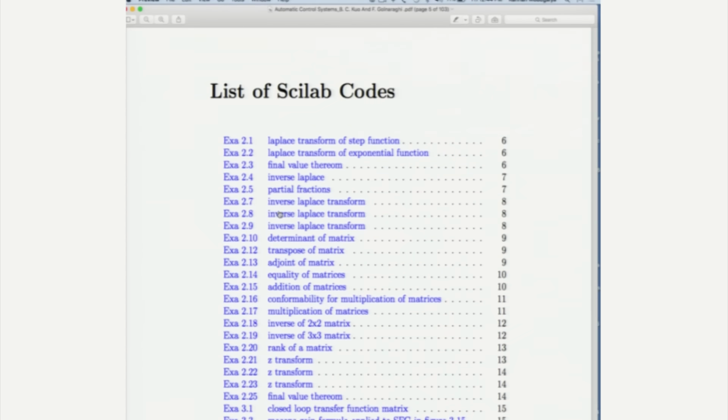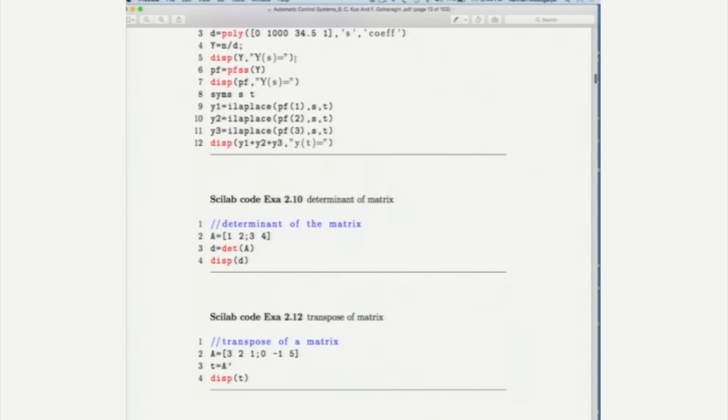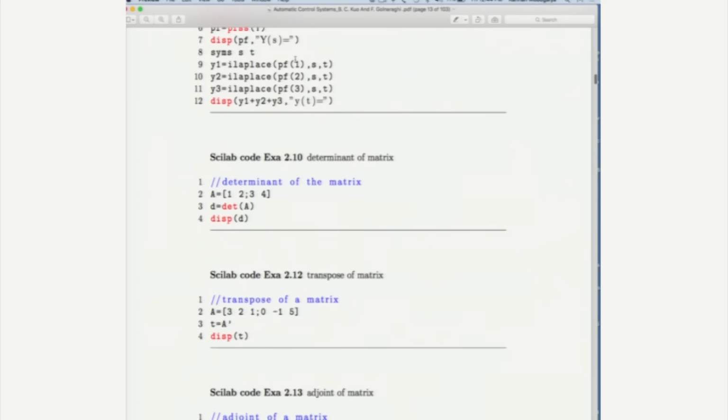So let us click one of these, inverse Laplace transform, and it takes you to example 2.8, and if you scroll down, you see that it has code after code after code. Okay, so we are not giving the book, but we are giving code for solved examples of many standard textbooks.